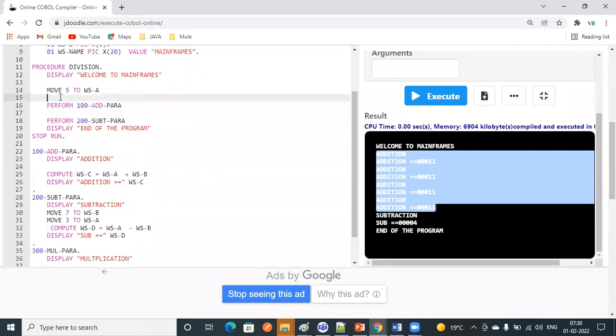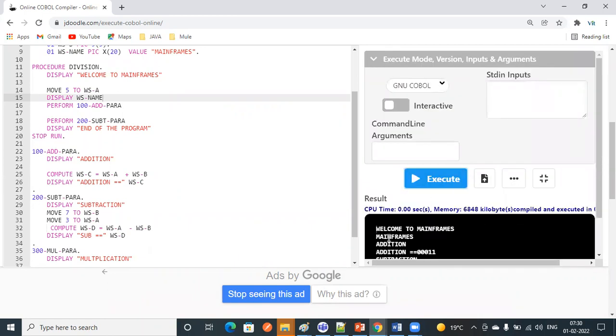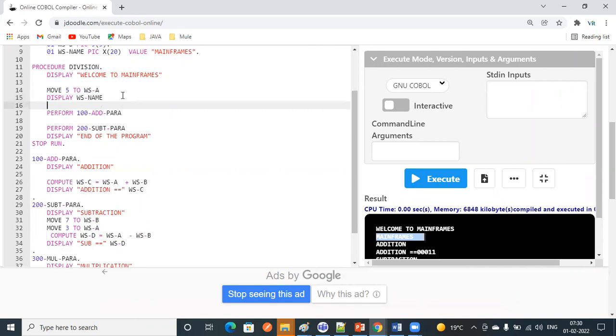Okay, just observe here. I'm going to print, display WS-NAME. So what is there in WS-NAME? Mainframes is there. I want to move this variable to another variable. WS-NAME to